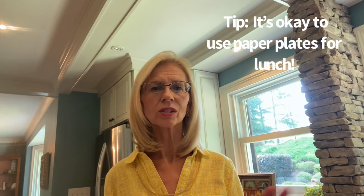I know a lot of people who eat on paper plates all the time, and I just don't recommend this because I think your kids need to learn good table manners, and real dishes are a part of that. And for some of you, maybe you haven't invested in any good dishes yet, but they make a lot of really cool stoneware now that's wonderful for children because it's very sturdy, and you don't have to worry about them breaking things because it's